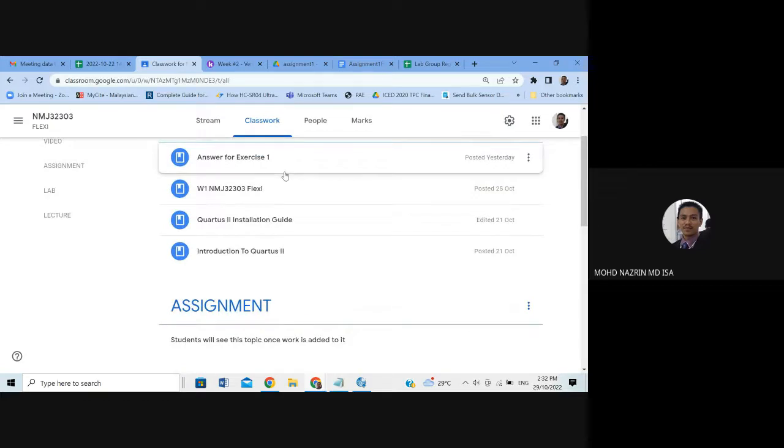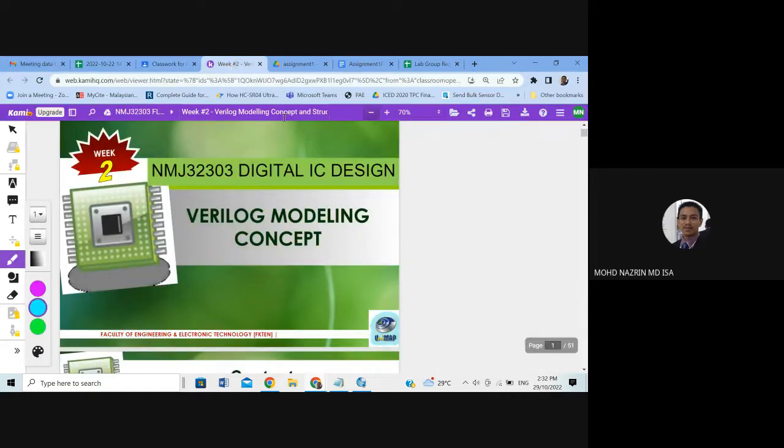So while doing it during the asynchronous time, you can do it and then try to check what's actually the error and how to rectify it. Okay. So now we are back to week 2. So, Verilog modeling concept. We will look again